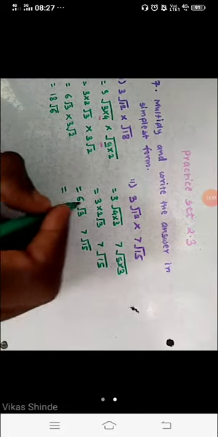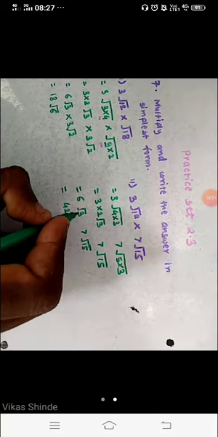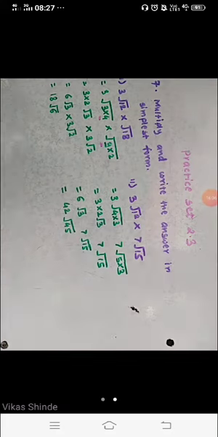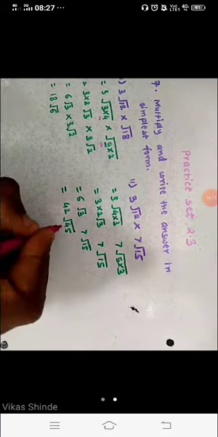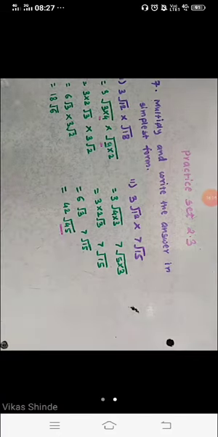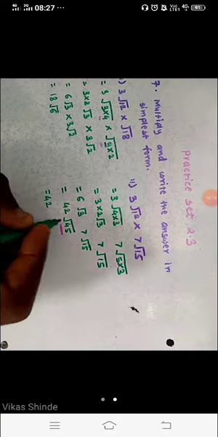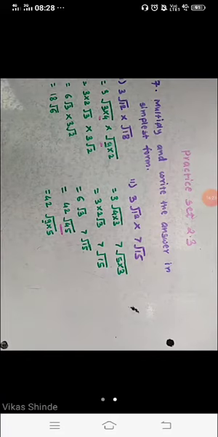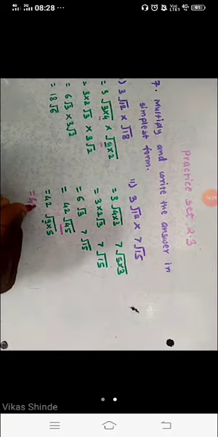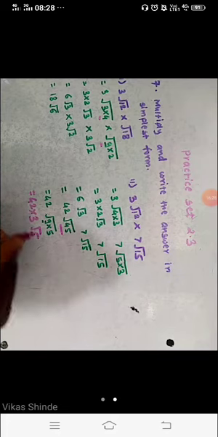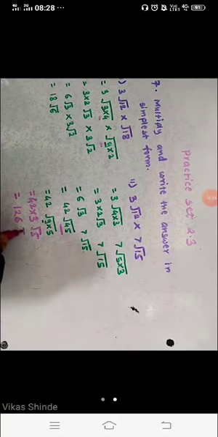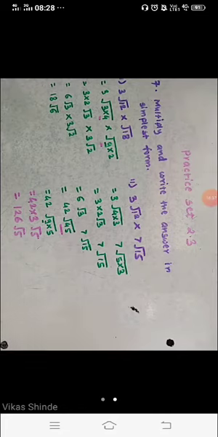Now multiply the outside numbers, 6 7 the 42, and root 3 into root 15, 15 3 the 45. Then now we can find the factors for this, student. How to find the factors for this? Suppose 42 as it is now. You know the factors for 45: 9 5 the 45. We can take the square root of this 9 outside. So right here, 42 into 3 under root of 5 remains. 42 into 3 becomes 126 under root of 5, which is your final answer here.